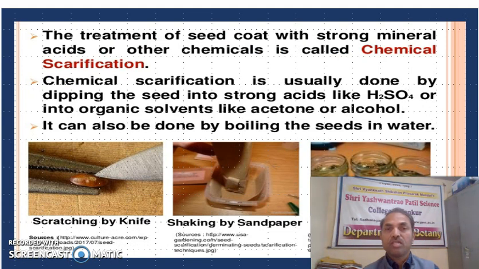The treatment of the seed coat with strong mineral acids or other chemicals is called chemical scarification. Chemical scarification is usually done by dipping the seeds into strong acids like sulfuric acid, or into organic solvents like acetone or alcohol. It can also be done